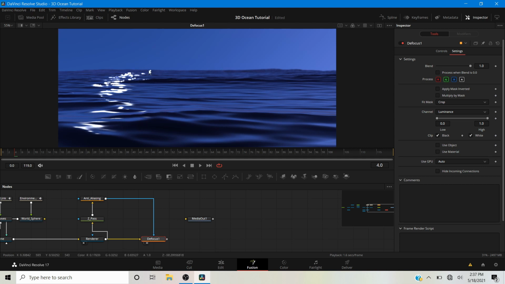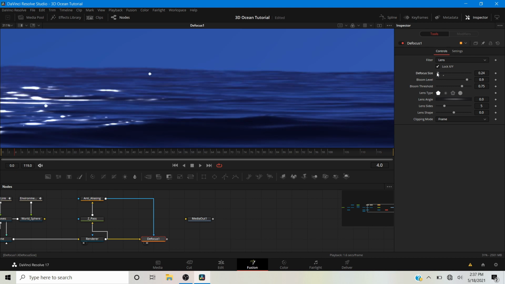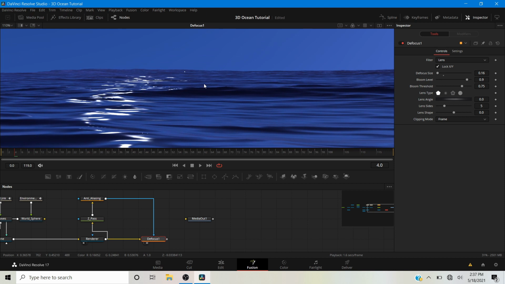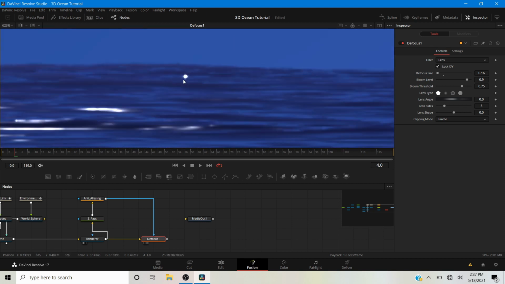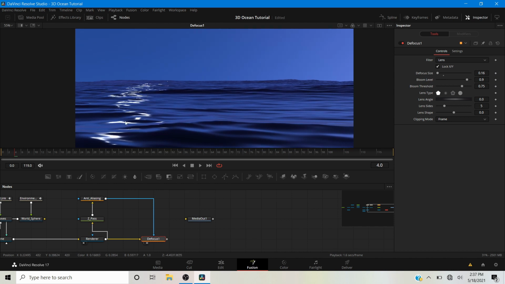This is still a little bit too much. As you can see, we have a nice iris shape here, but it's still too much. I want to bring the defocus size down just so we have a little bit of defocus, and that looks much better. So we're almost done here, but there's still a little problem. We have these specular highlights going on here, and these specular highlights are caused by the light that's probably about right here in 3D space. And when we're looking at our picture here, we don't see where this light is